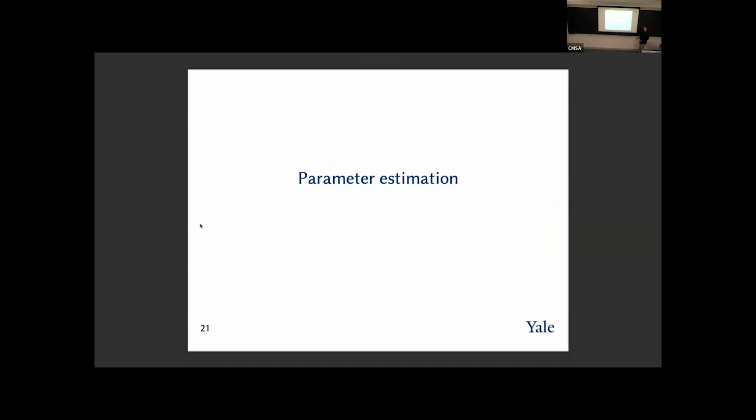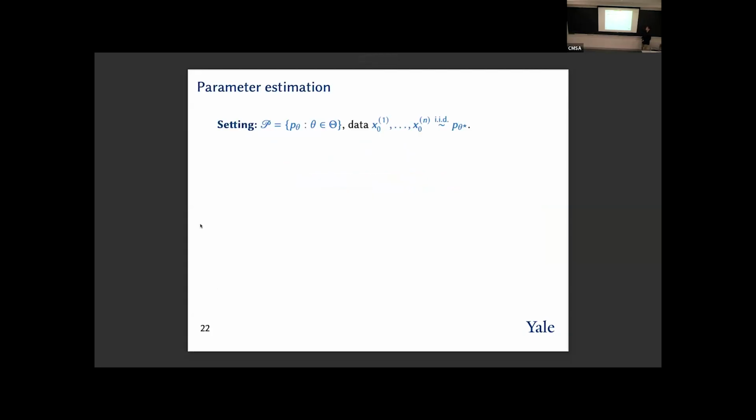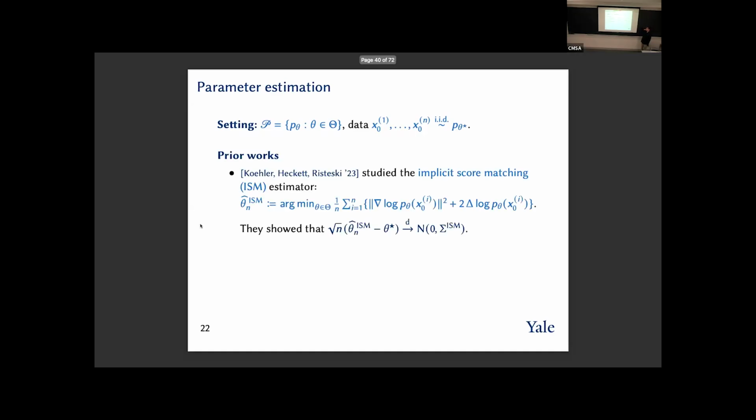Okay, so let's start with this problem of parameter recovery. In the parametric setting, we have this parametric family indexed by theta, and we have a bunch of samples from it. Let's say that the model is well specified. Now, there are various forms of score matching, not just the one that I showed you along diffusion